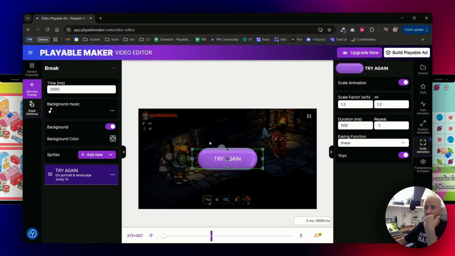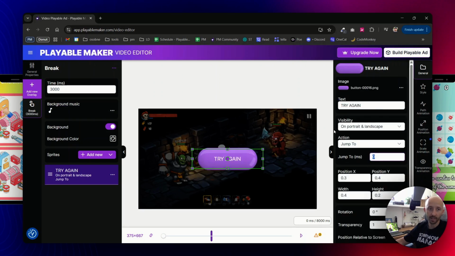But you can also jump forward. So for example, if you would like to create some sort of forking mechanism, for example some winning screen, losing screen, or just some other parts of the video, you can utilize this to jump forward. So let's say that I would add this at 5 seconds, and it would be like, take me to finish,